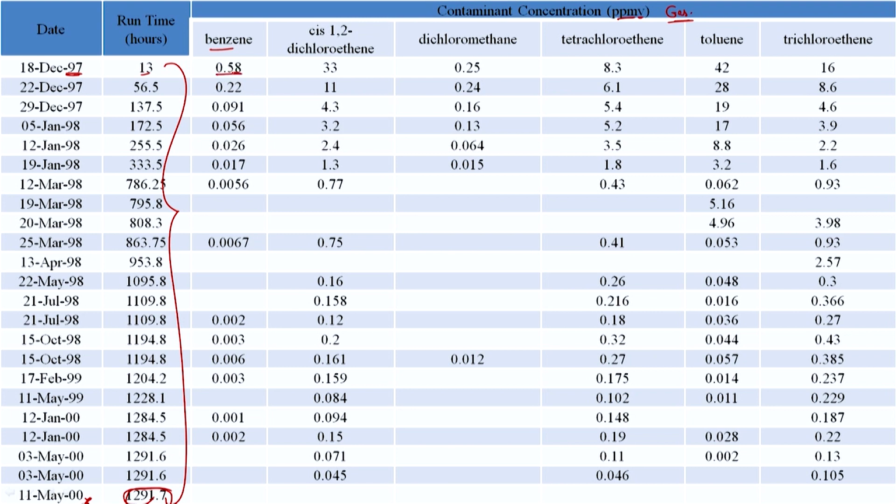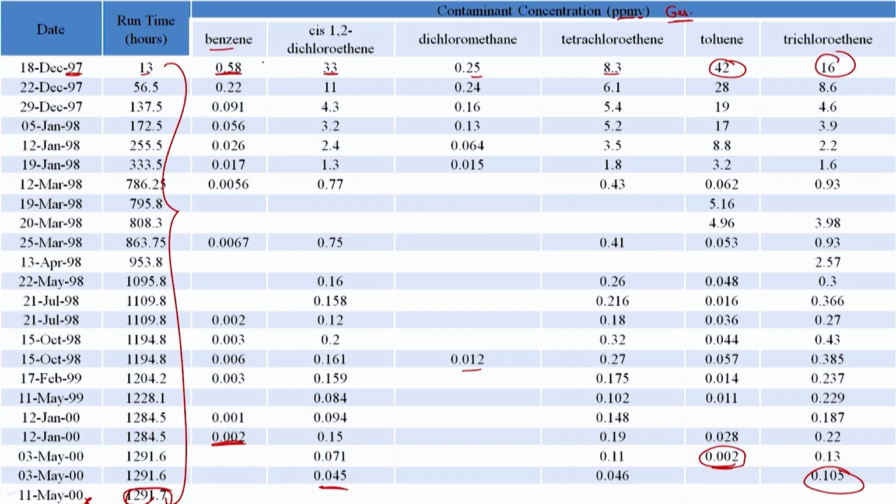So, benzene we started out with 0.58 and ended up with 0.002. This is obviously a particular well. Then 1,2-DCA at 33 and again 0.045, and again 0.25, 0.012 and 8.3. Toluene we start at relatively higher concentrations and end at relatively low concentrations. Trichloroethene, again 0.105, again not as much removal as you would expect, but could be due to the compound being relatively more hydrophobic onto the soil and such, but again that is some data that you can look up. But try to look at the relevant aspects.